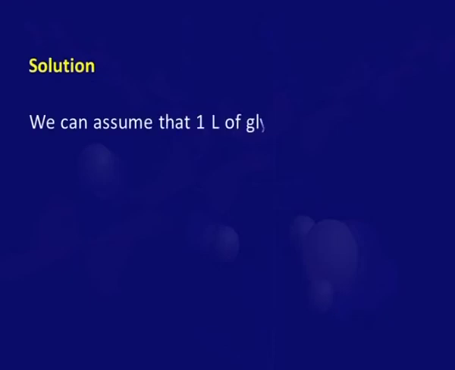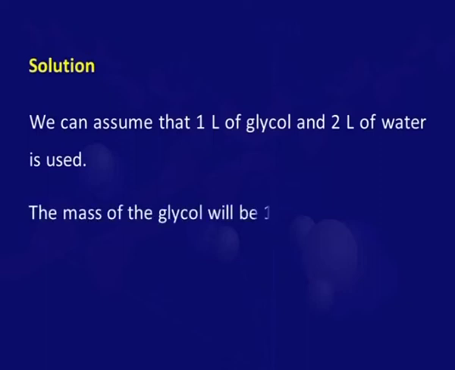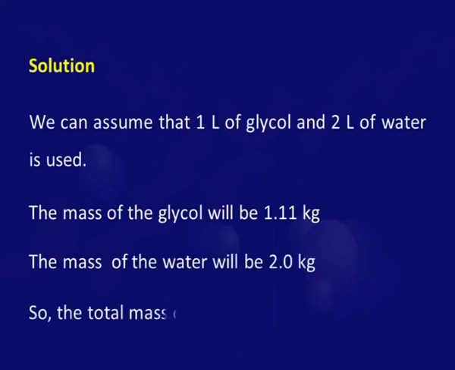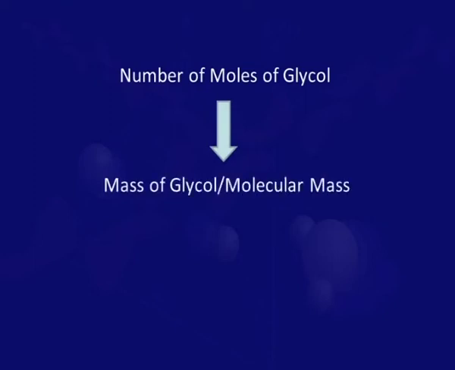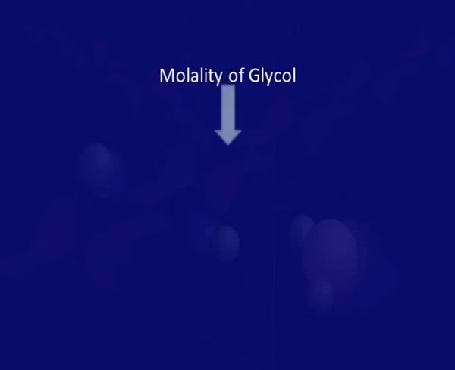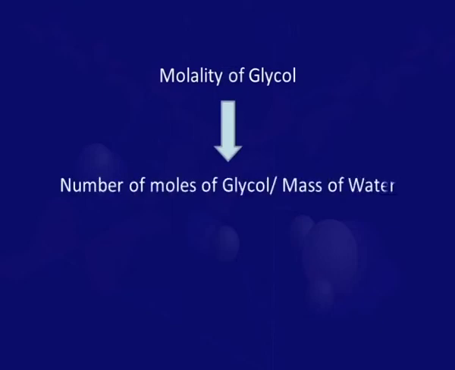We can assume that 1 liter of glycol and 2 liters of water is used. The mass of the glycol will be 1.11 kg and that of the water will be 2 kg, so that the total mass of the solution will be equal to 3.11 kg. Now the number of moles of glycol will be equal to mass of glycol divided by its molecular mass, which is 62. So the number of moles of glycol will be equal to 17.9 moles. Molality of glycol will be equal to number of moles of glycol per kg of solvent. Solvent is 2 kg, hence molality of glycol will be equal to 17.9 upon 2,